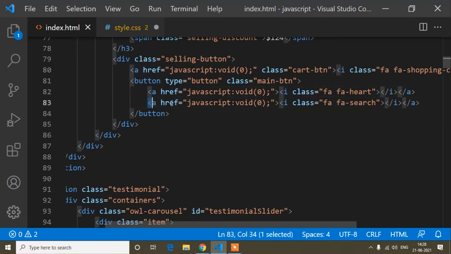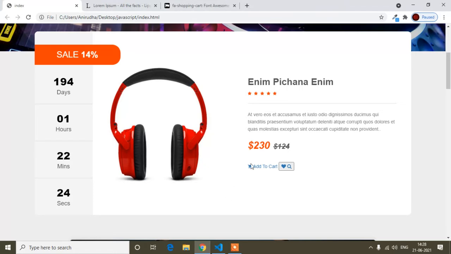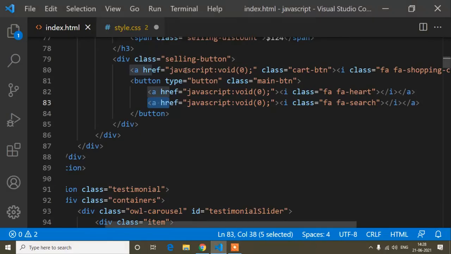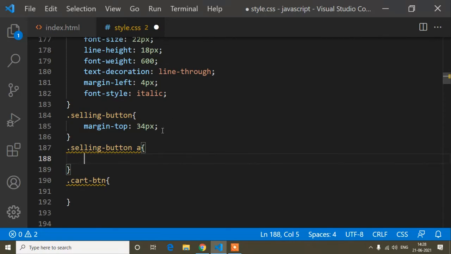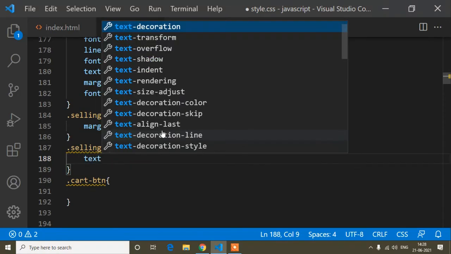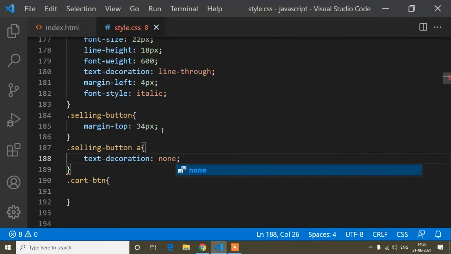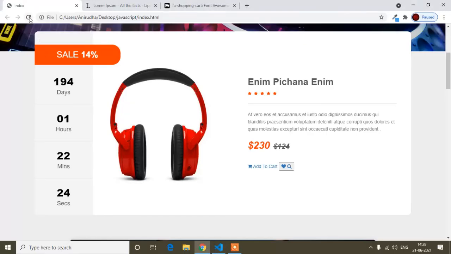When I hover on this, you can see the underline. So I will remove the underline. For that, for all the anchor tags, text decoration is none. It's done, and refresh. If I hover, you can see the underline is removed.